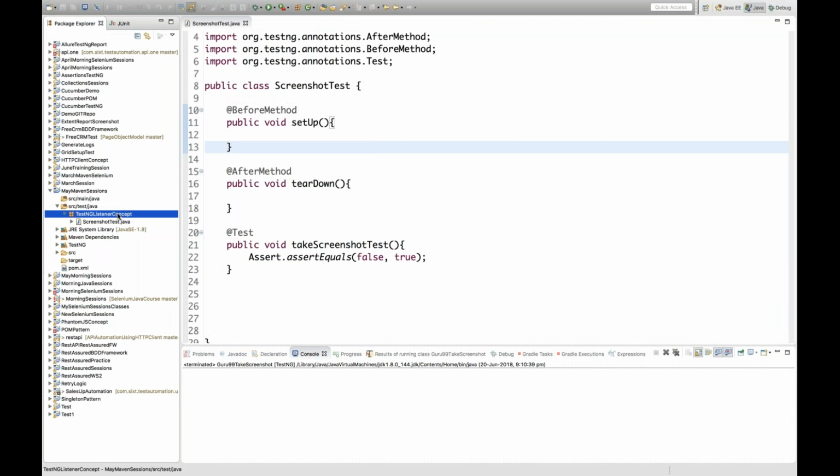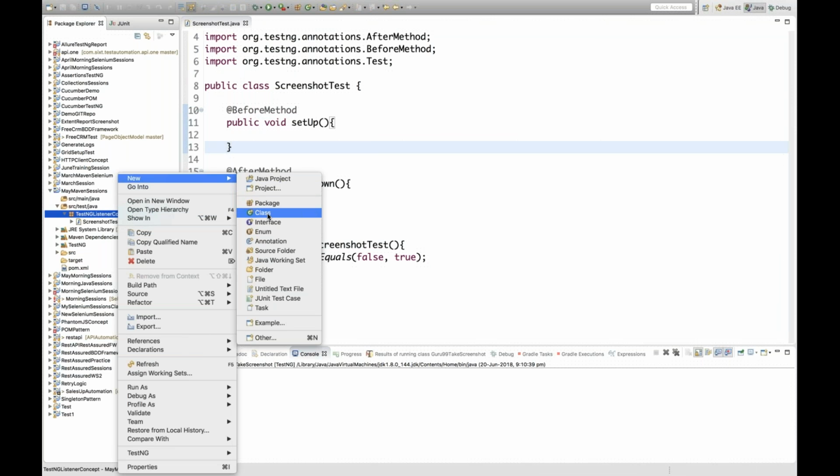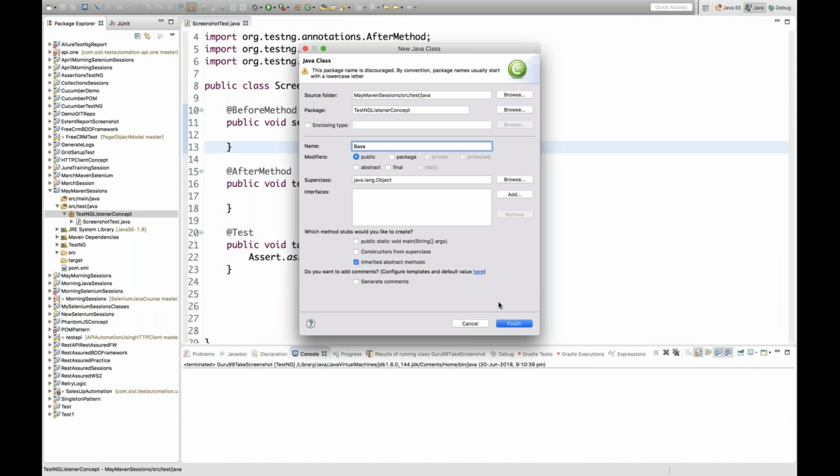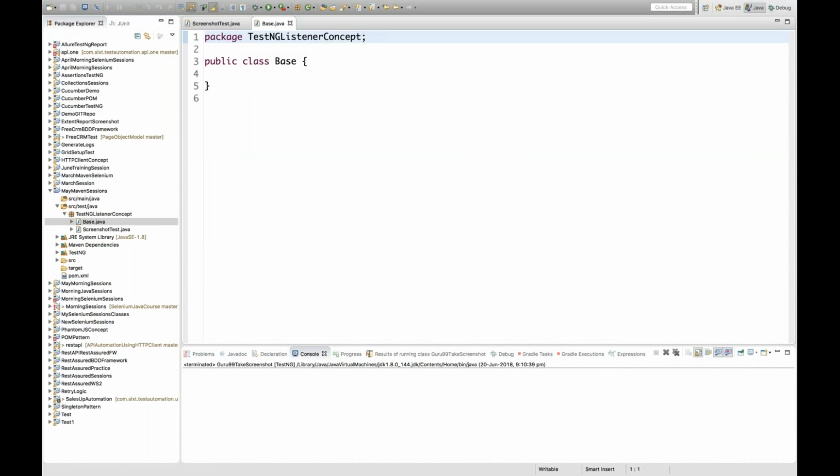So for Selenium code, I'll create one base class in which we will define our WebDriver instances and everything. It will be a very simple base class, the parent class of my test class. First, I'll create one variable that is public static WebDriver, and the instance name is driver,